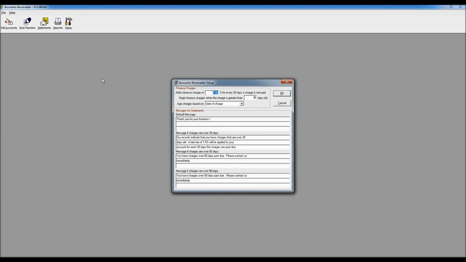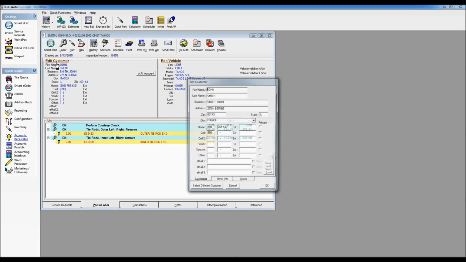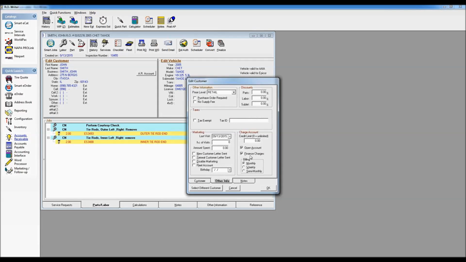We're going to look at setup first and then come back to the beginning and look at both edit accounts and post-payment. So, setup. There's actually not that much as far as the setup of accounts receivable is concerned in the AR module. A couple of different things that we can do: we can have the system charge finance charges. If you remember when we were looking back at open accounts for our customers inside of the Edit Customer window,